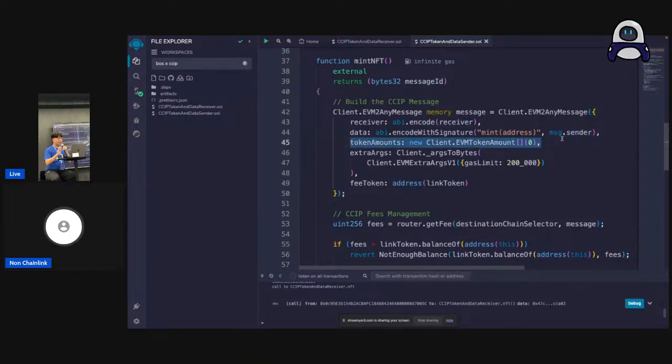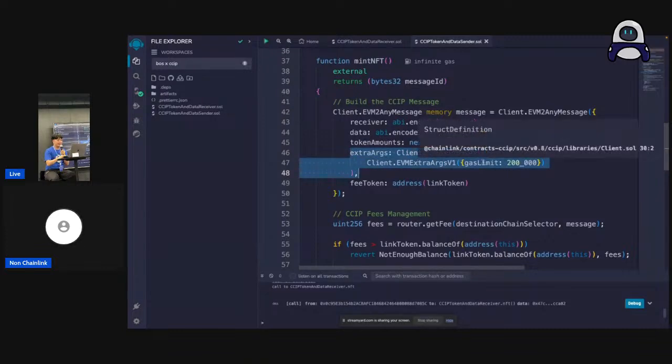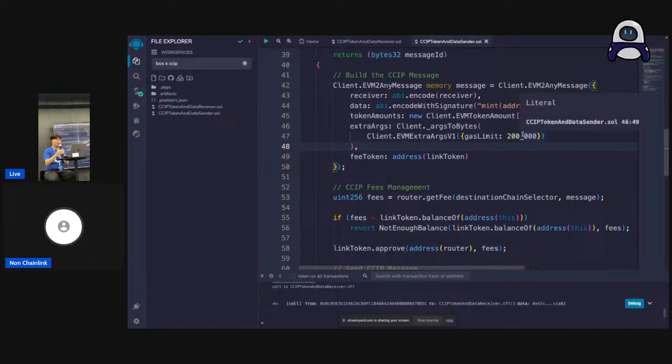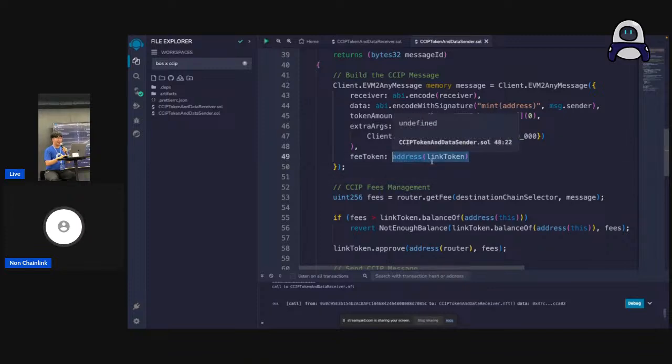And we can also specify the token amounts that we want to send. Well, in this case, we don't send any tokens, so I'm just going to leave it as empty. But if you want to send some tokens, you can invoke this constructor to build some EVM token amount message. And for the extra argument, I just specify the gas limit. You can make it really high, but I'm just going to put 20. And we also specify the fee token,